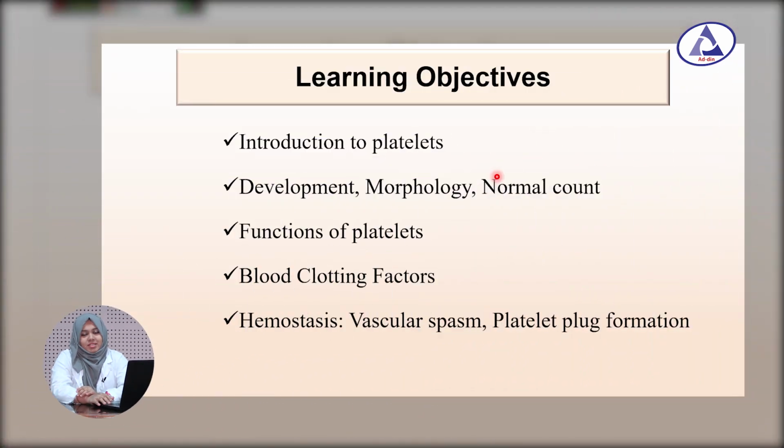So by the end of this session, we'll be able to learn about the introduction to platelets, development, its morphology, the normal count, and also the functions of platelet. And we also will know about the blood clotting factors and the hemostasis, which includes the vascular spasm and